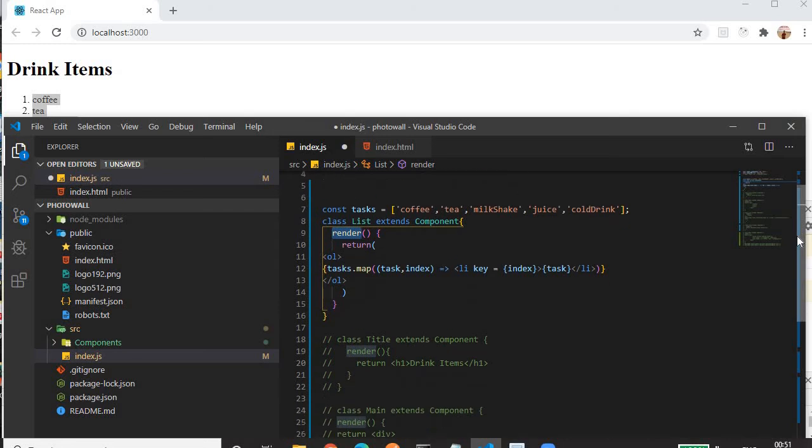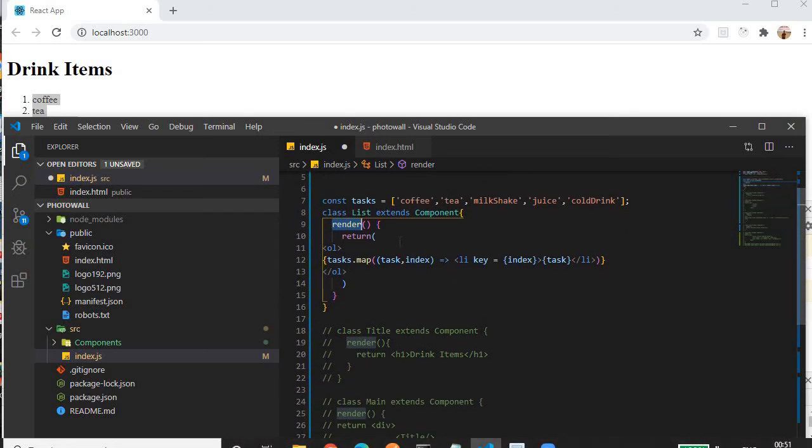So what is the syntax of this render method? In the render method we will return the element that we have created. So for creating the element, same thing, the tag. Then if we want to create li elements using this array, same map iteration, we have to attach a key to each li element. Whatever element we have created, earlier we were assigning to a const element, but here we won't assign to any const; we will return directly from the render function of the component.